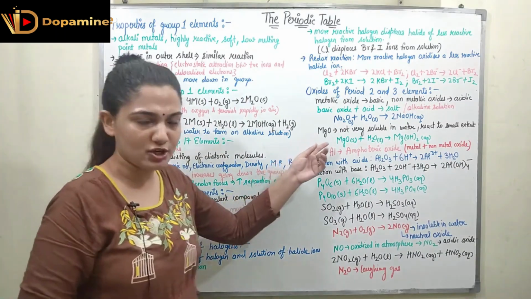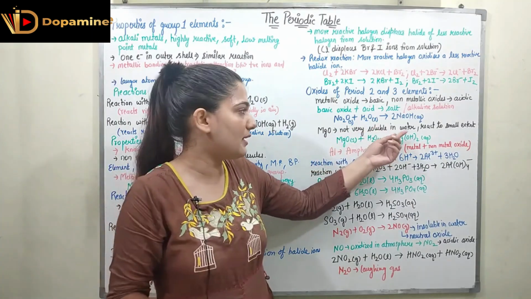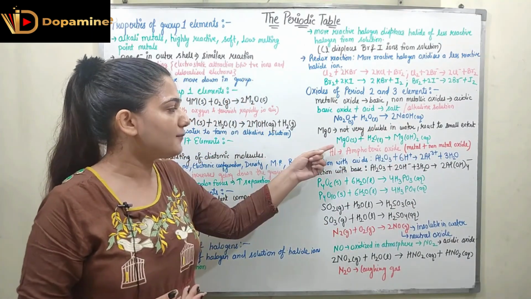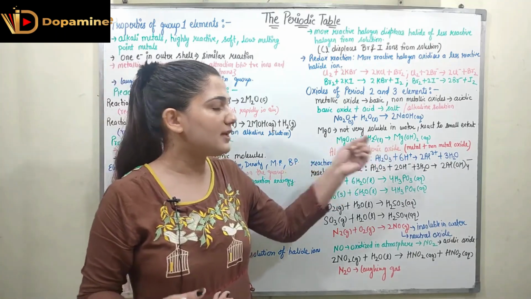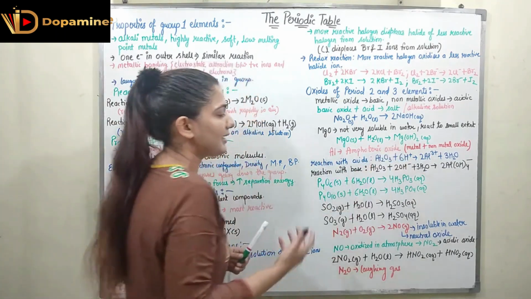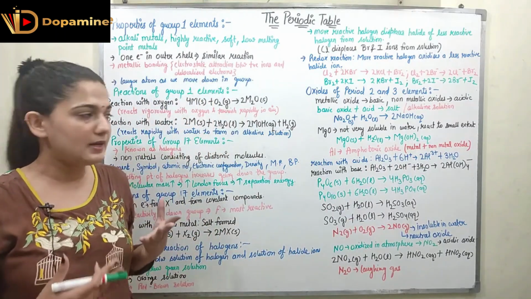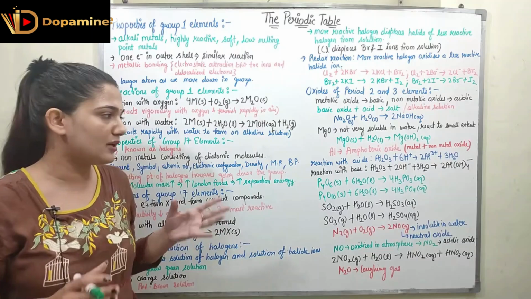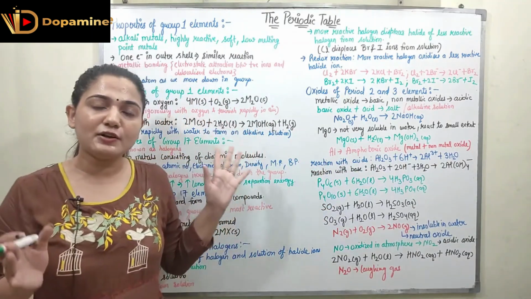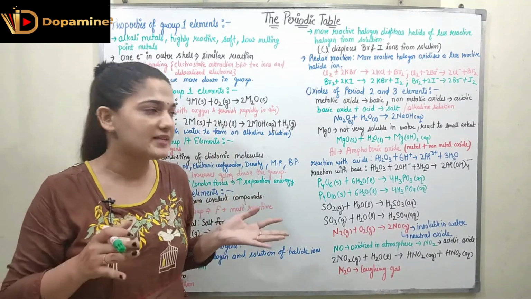Similarly, we have magnesium oxide. Now the magnesium oxide is not very soluble in water. It is going to react to a very small extent. So MgO plus H2O gives me Mg(OH)2. Again, it's an alkaline solution. Mg(OH)2 is alkaline. Now coming to aluminium oxide. It is very less soluble in water, almost insoluble in water. And it is going to form an amphoteric oxide. Amphoteric oxide means it can act like an acidic oxide as well as a basic oxide.